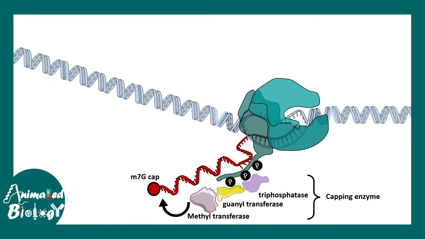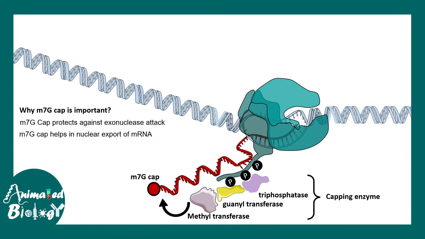So there are enzymes like methyltransferase, guanylyltransferase and triphosphatase which work hand in hand to bring this kind of modification in the 5 prime end of the nascent mRNA. Before the elongation can finish and the transcription process is terminated, the m7G cap is formed. Now why is the m7G cap important? Because the m7G cap protects against nuclease attack. It can help in mRNA export, and it can also interact with translation initiation factors, so it can aid in